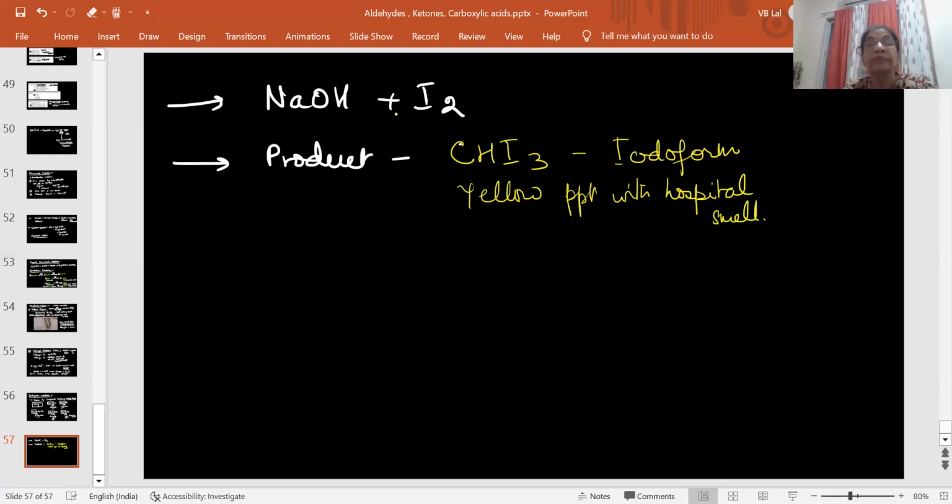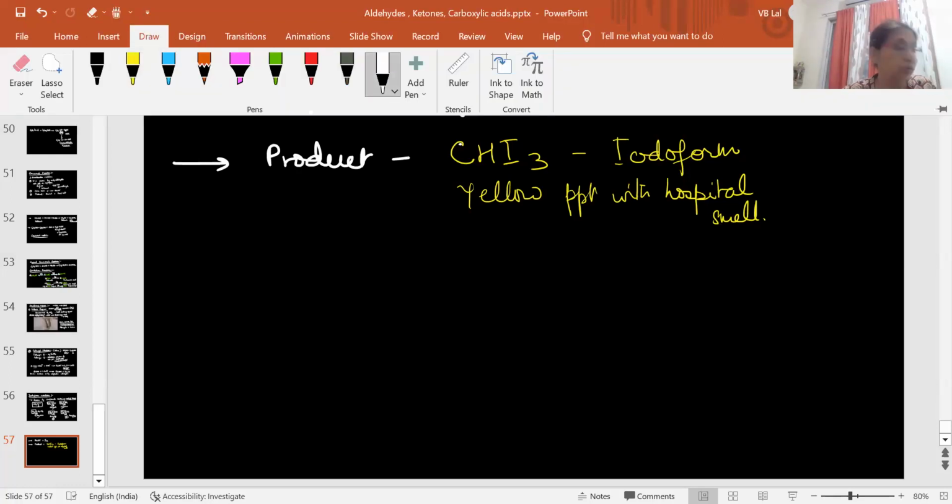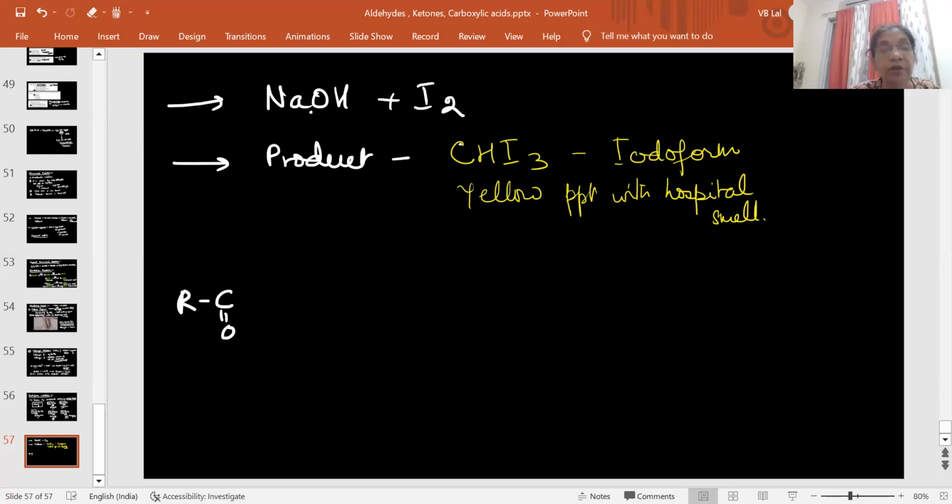Right? Now, let us learn to write the reaction. Okay, so now to understand this reaction, I will take any compound, so to make a general reaction, it could be R, C double bond O and CH3, right? And in presence of,